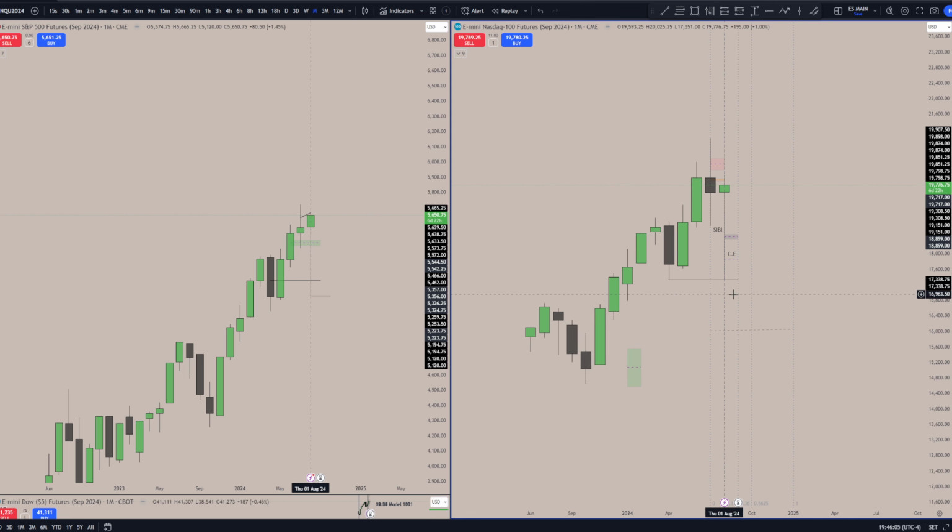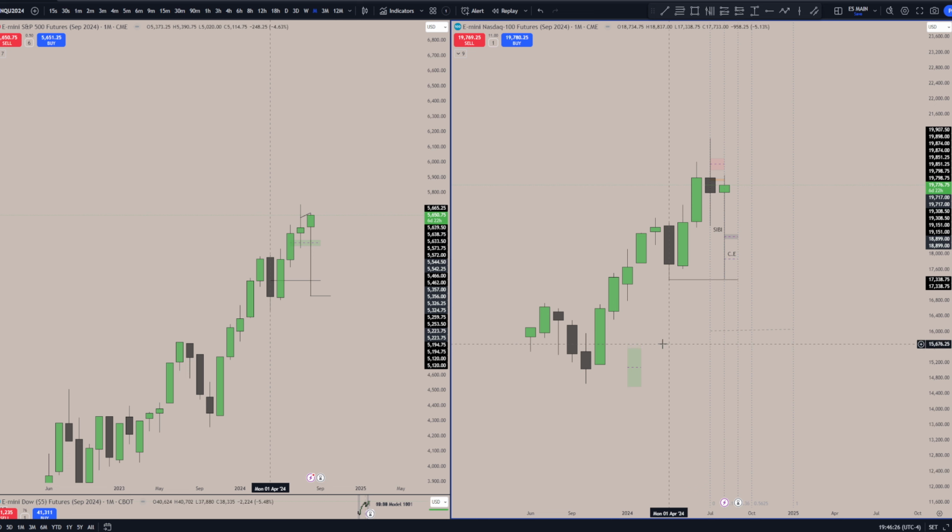And so one thing to keep an eye on is how this month closes. Of course, we have 6 more days left for the monthly close, and what I really like to keep an eye on is the CE of the wick. Okay, so wherever we close, we're going to keep an eye on the equilibrium of that entire wick,